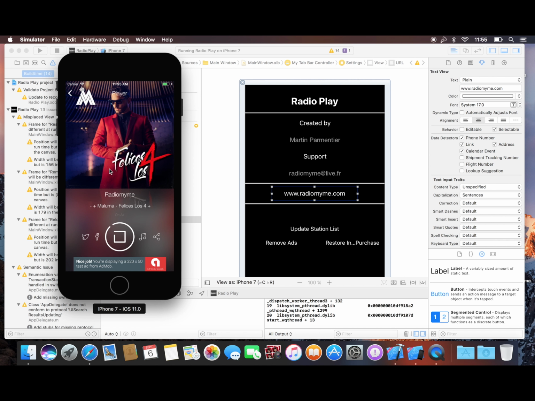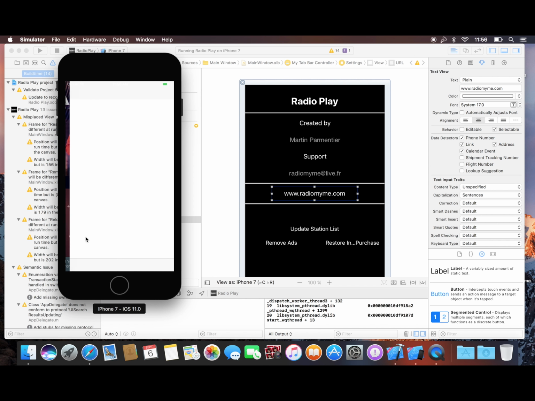Alright, so you see we have the album. For our station we have some problem with the flux, so you will have a plus and minus. It's normal, don't care about it. It's just for us and for all the Radio Nomi stations. So here you will have the Twitter, Facebook, your station and the share. This is the banner of Google. So just open Google